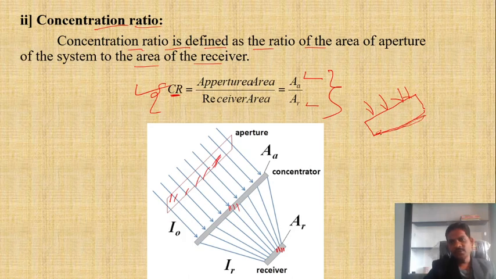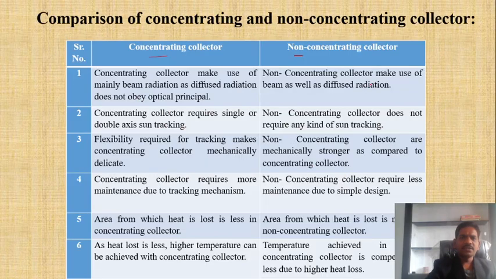Guys, suppose the tube will be there below the absorber surface, or sometimes above. So both the areas are the same. Because of the same ratio of aperture and receiver area, if you consider this diagram also,